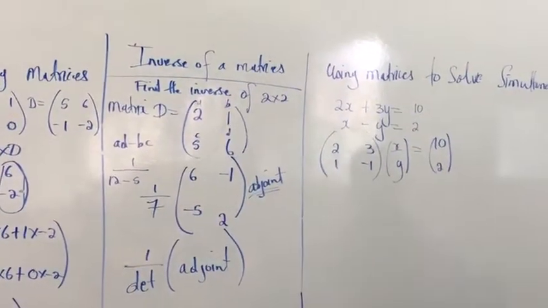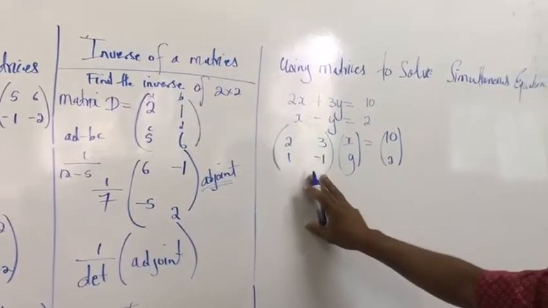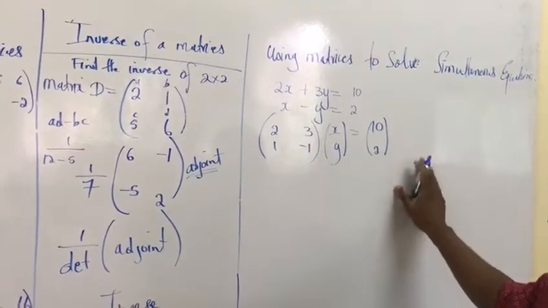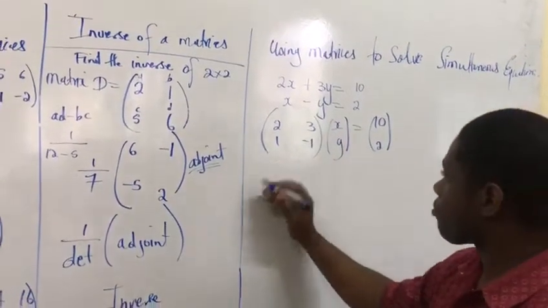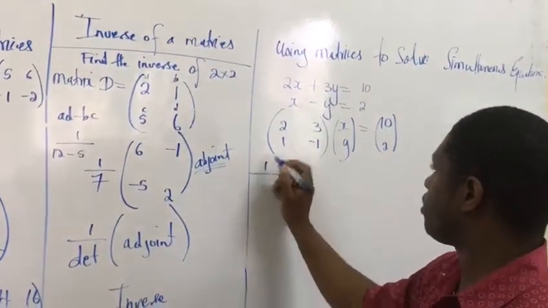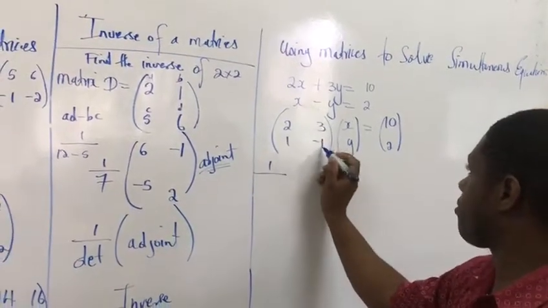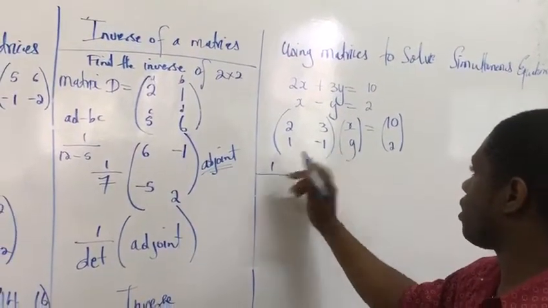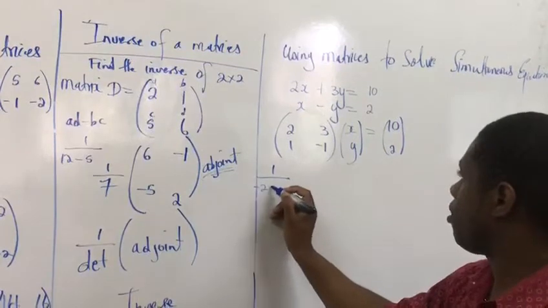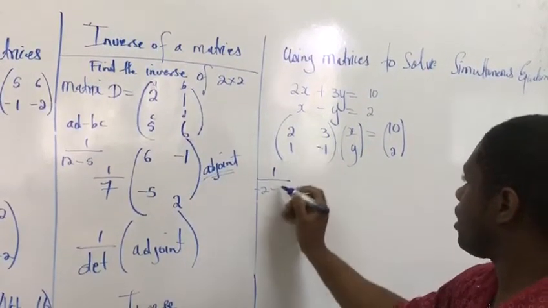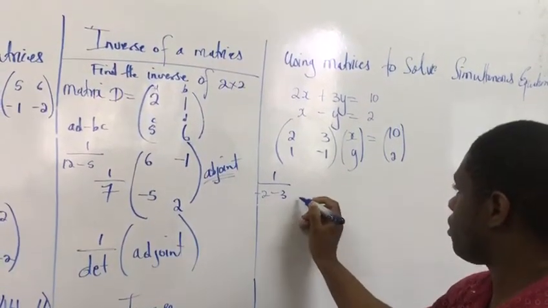So next we have to find the inverse of this and multiply it by this and equate it to this. So 1 over the determinant. So the determinant will be 2 times negative 1, which is negative 2, minus 1 times 3, which is 3. So for the determinant,